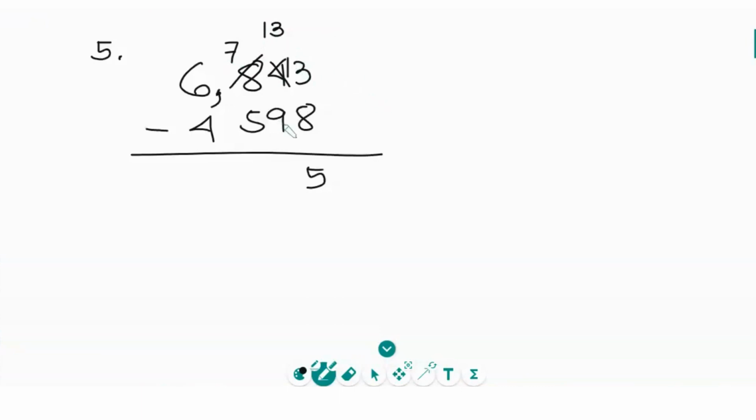So 13 minus 9, or what number are we going to add to 9 to give us a 13? That will be 4. So 13 minus 9 is 4. Okay, so we have 7 minus 5 is 2, and 6 minus 4 is 2. So let's check it. So we have here